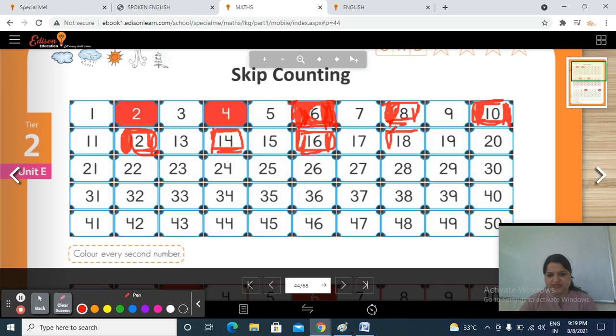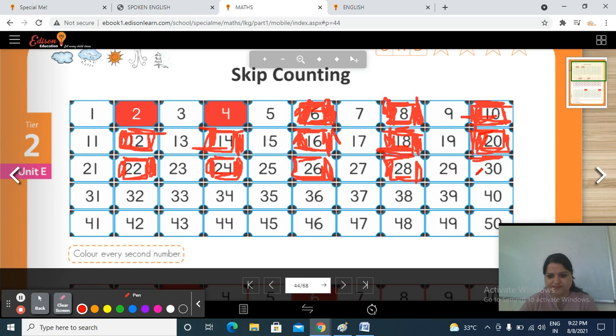Then color number 18. 1, 2. Now color number 20. Then 1, 2. Now color number 22. 1, 2. Now color number 24. Then 1, 2. Now color number 26. Then 1, 2. Now color number 28. Color number 30.